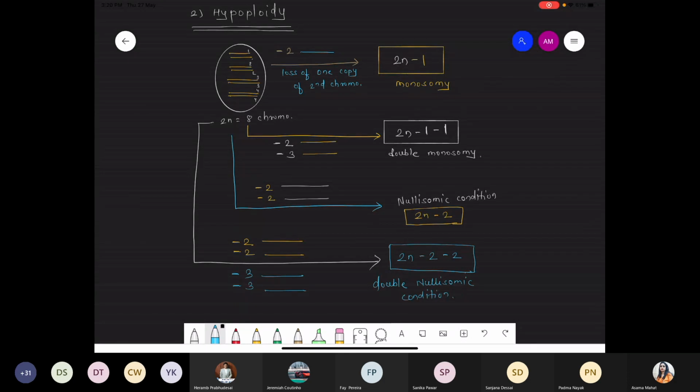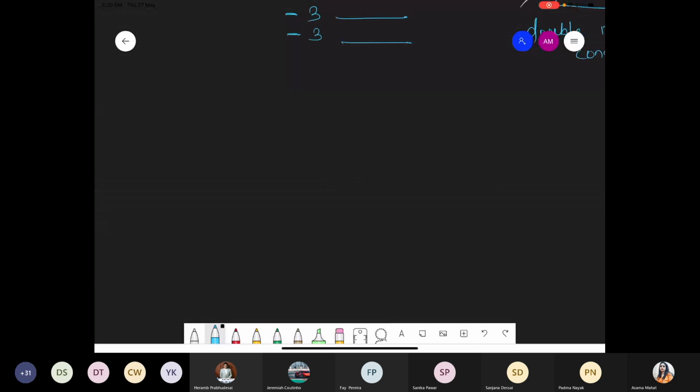Okay, good. So next point, examples with respect to monosomy. So we are taking some examples. Suppose we are talking about human disorders with respect to monosomy. Monosomy is when a diploid organism loses one copy of a chromosome. The first example is Turner syndrome.